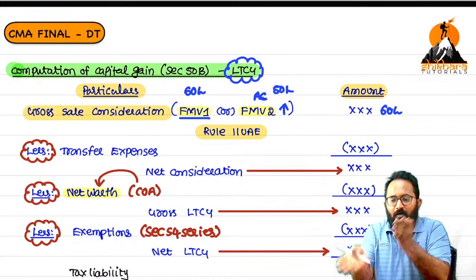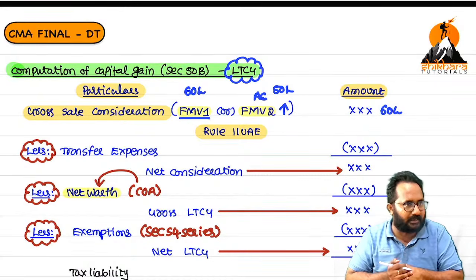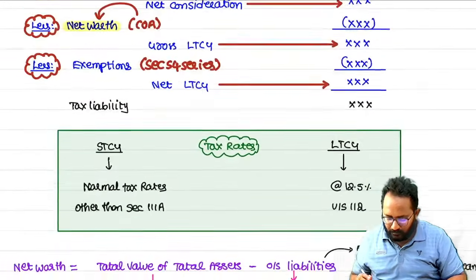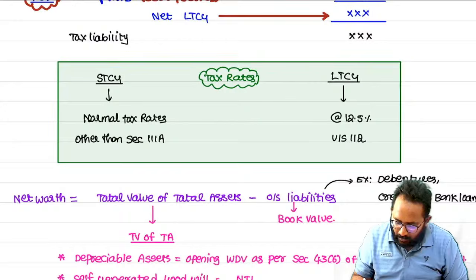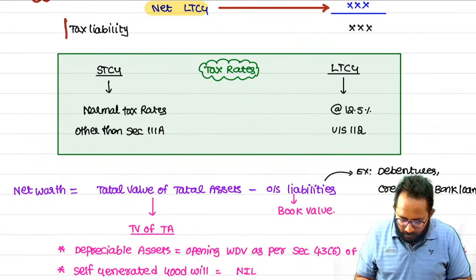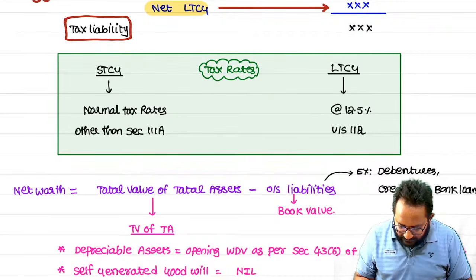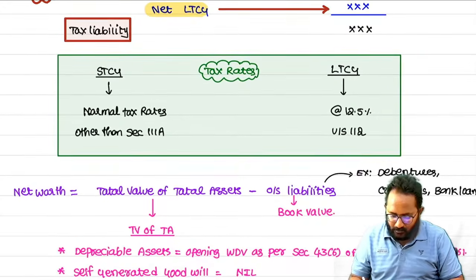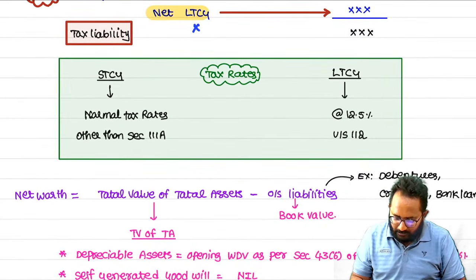Instead of cost of acquisition, what do we have to take? Net worth. Understood? Now, is this an income or tax? Income. On that income, we have to calculate the tax liability. How to calculate the tax liability? Simply on this, we have to apply the